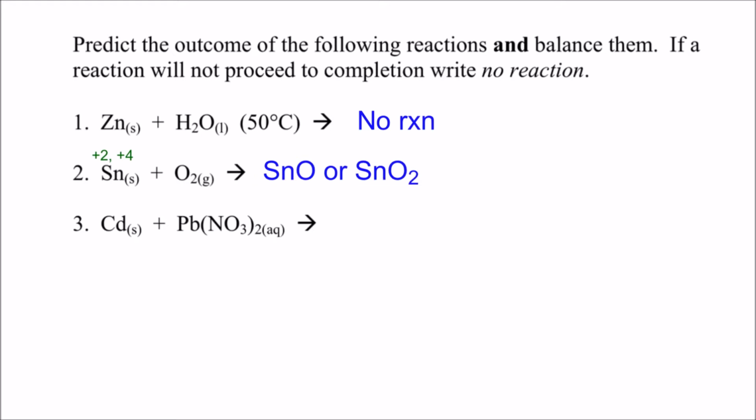Okay? So if we look over here, you know that oxygen is going to be a -2. So now we just have to figure out what kind of tin do we have. Is it the +2 or the +4? Okay, so if oxygen's -2, then there would normally be a 2 down here. So why isn't there? Because we have the +2 version of tin. So when it crisscrossed down here, the 2's canceled out. Alright, so over here,